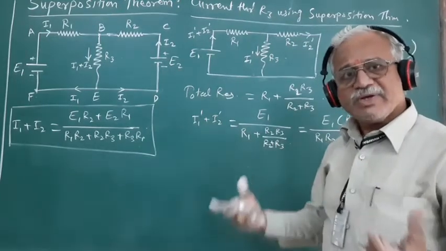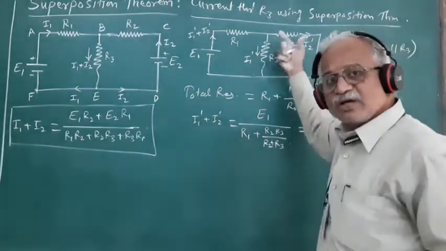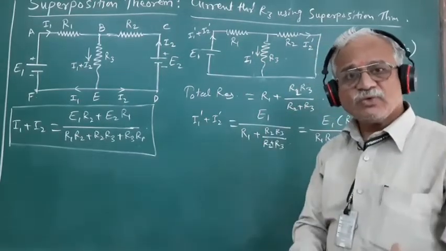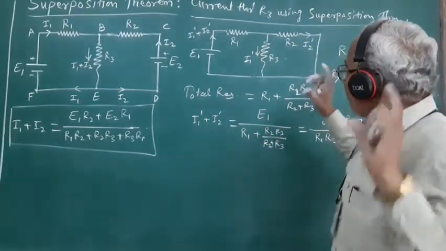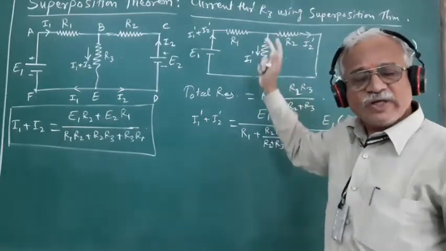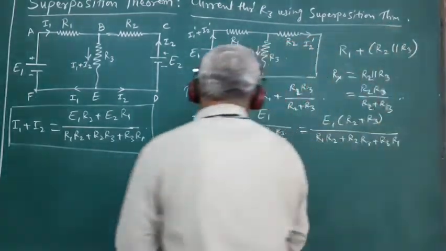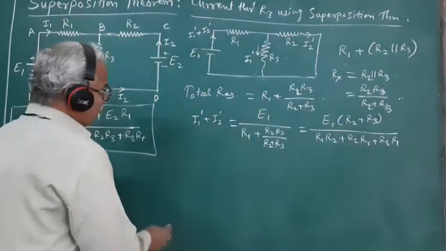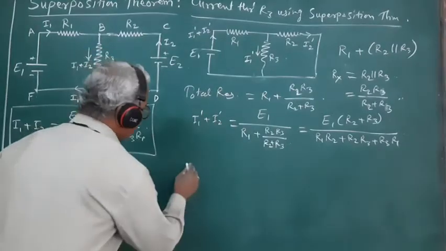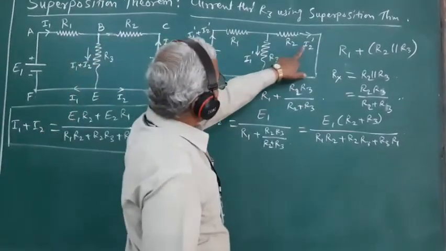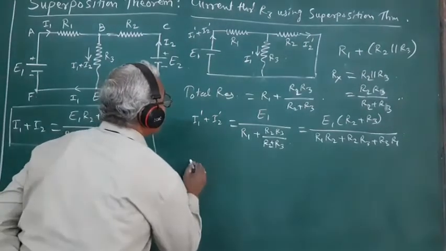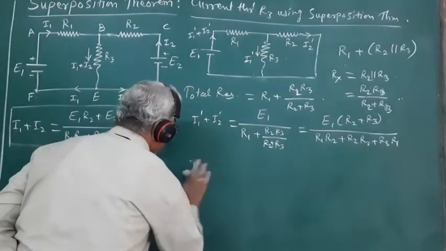And these individual potential drops across R2 and R3 again must be equal to the potential drop across the parallel combination of these two resistors. So, equating the potential drops across R2 and R3, when the current I2 prime flows through R2, the potential drop across R2 will be